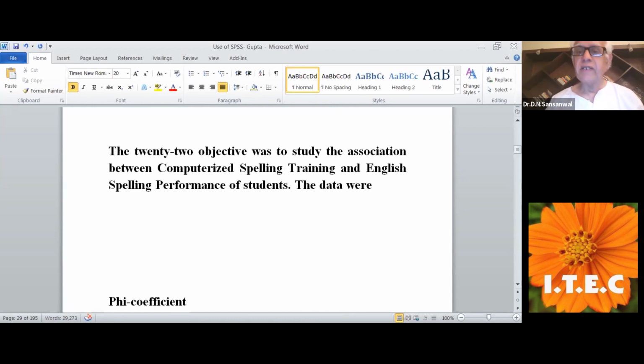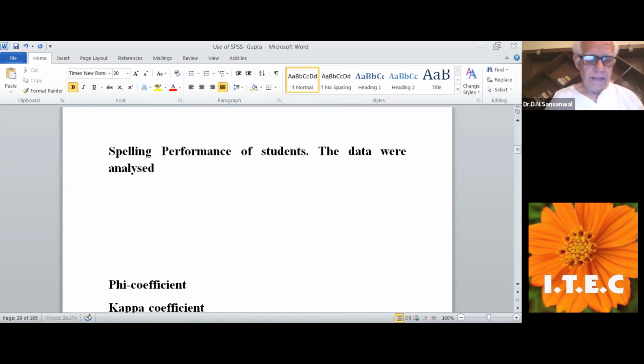The data were analyzed with the help of Cochran's Q test and the